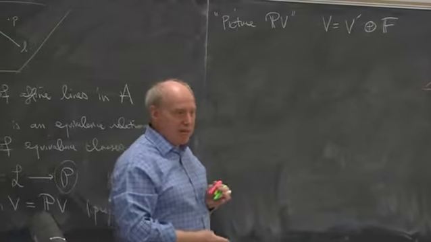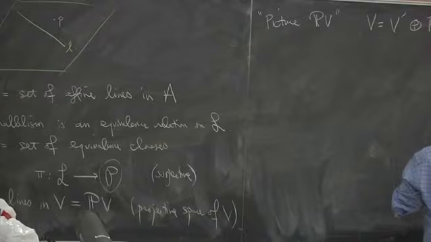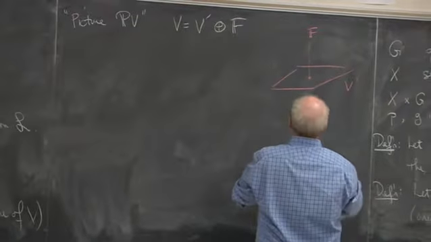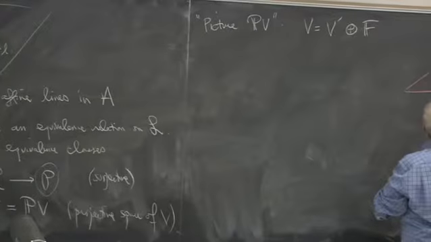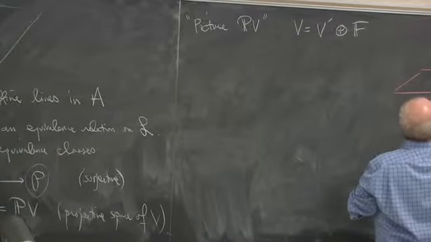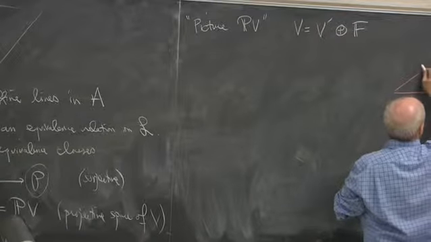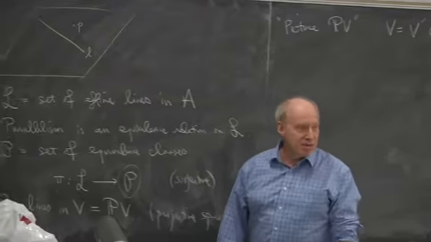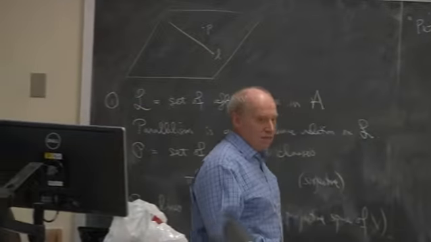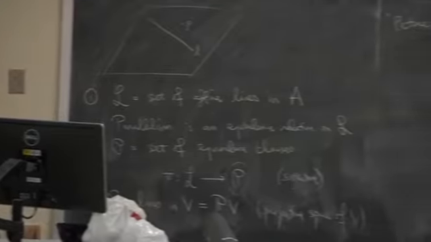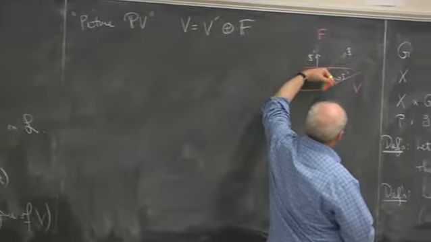I haven't introduced a basis, but I've decomposed it as here and here. So what that direct sum means is that every vector in this space is uniquely the sum of a vector in V prime and the sum of a vector in F. That's what direct sum means. So when we have a basis, we get numbers, and it's a linear combination of the basis elements. But if I have this, I have something that's just